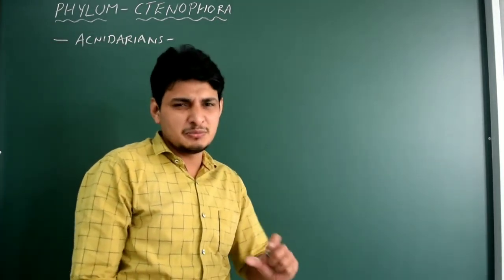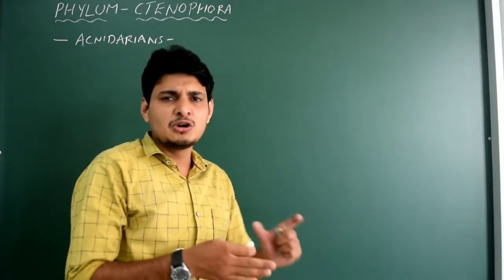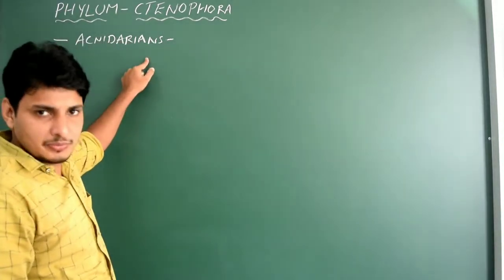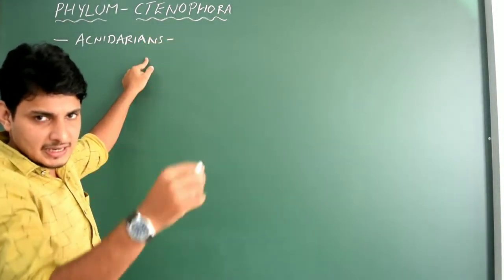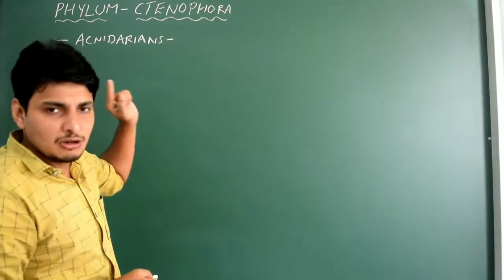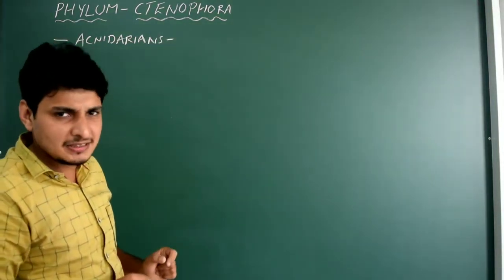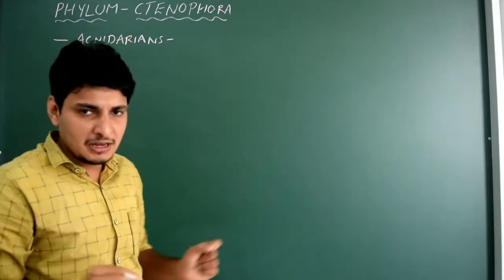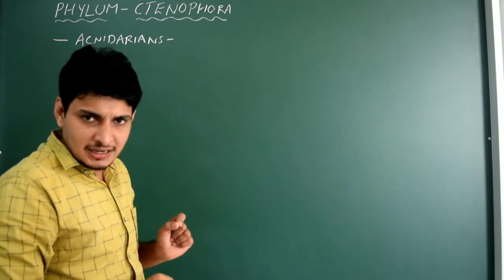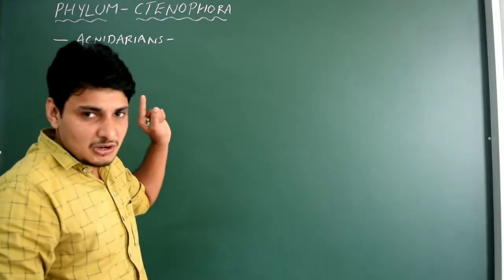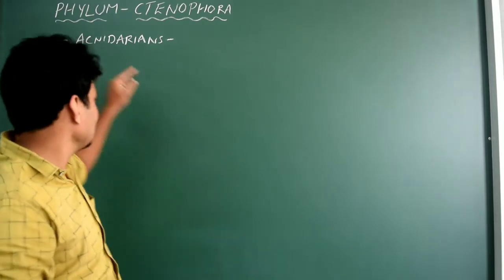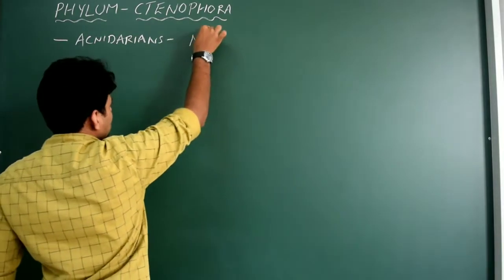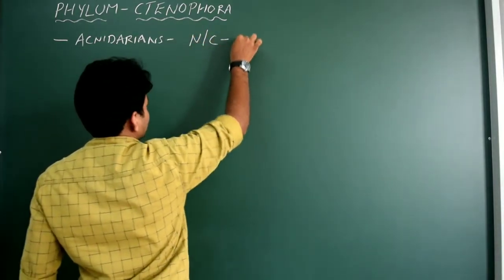Looks same, right? What is the difference between the jellyfish and comb jellies? In jellyfishes you see cnidoblast, that is nematocyst in their tentacles, but even the Ctenophora also exhibit tentacles. How many tentacles are there? A pair of tentacles, only two. You just imagine a ball and from that a pair of tentacles arises. It has got cilia, but the nematocyst or cnidoblast is absent. Hence the name Acnidarians. Got it? Okay, so we just write nematocyst or cnidoblast is absent.